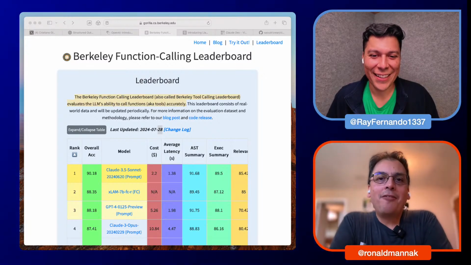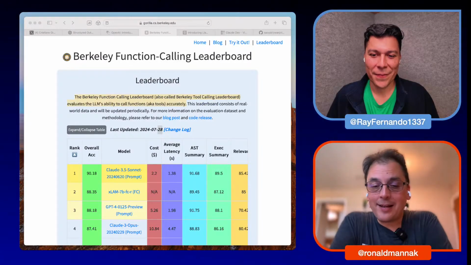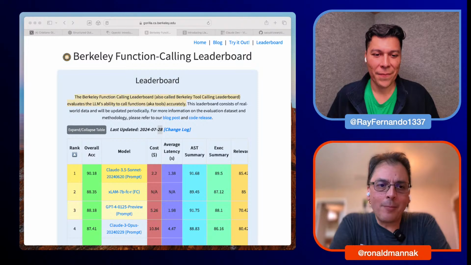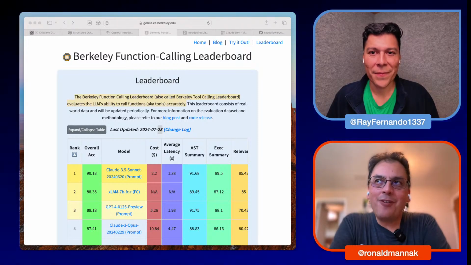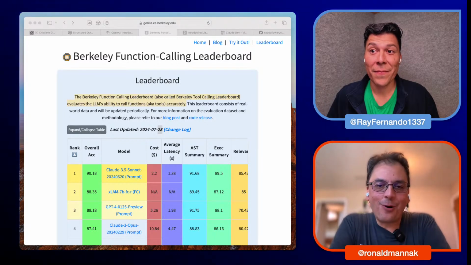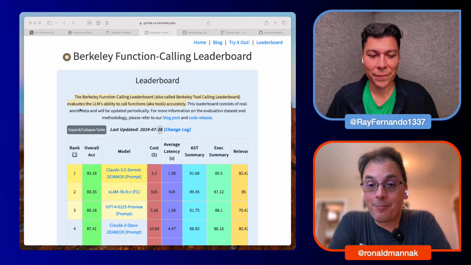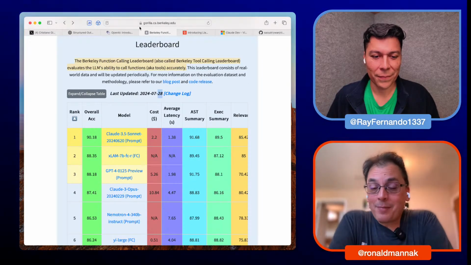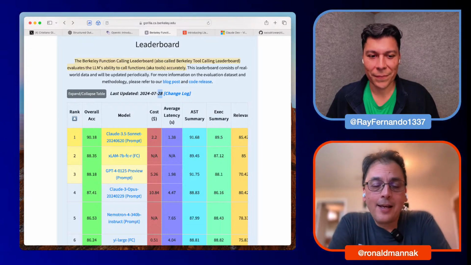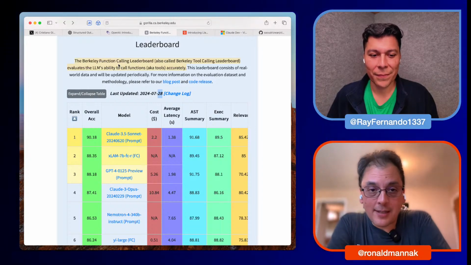But he not only created the fine tune, he also created this leaderboard, a kind of benchmark suite, and that is super useful because now we know how good these models are becoming. I really am dying to know how well the new OpenAI GPT-4o will work with function calling, because their blog post promises a lot. And I haven't tried it myself yet, so I have no clue how good it is in reality.